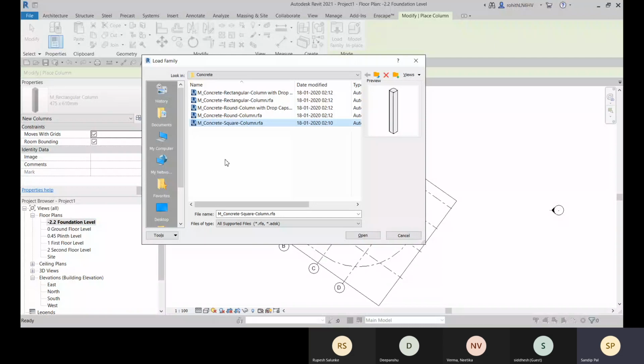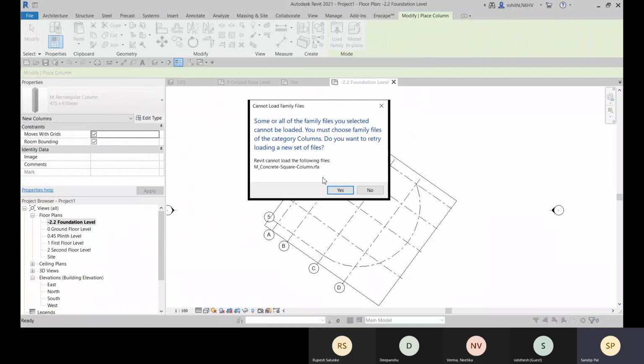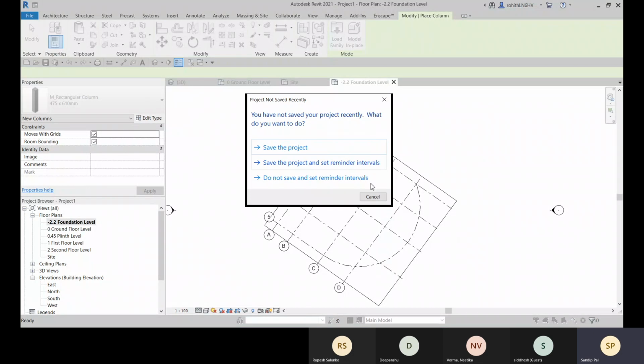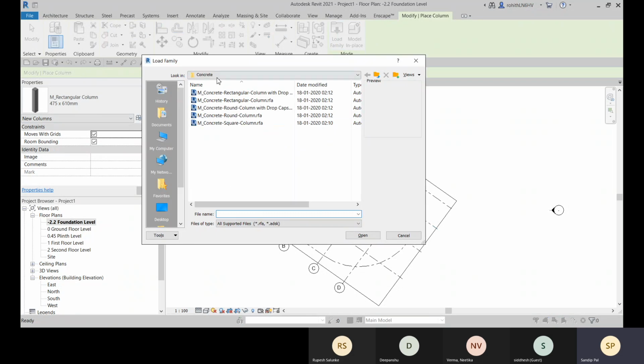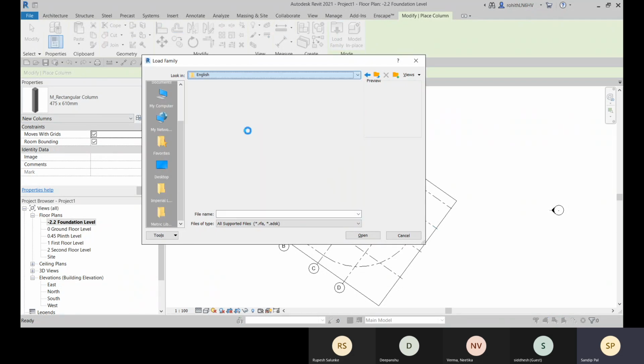That rectangular column is already there. Let me click on this square. Some or all of the family files selected cannot be loaded. You must choose family files of the category columns. I'm choosing the structural column, right? So under this architectural column, I cannot load the structural columns.